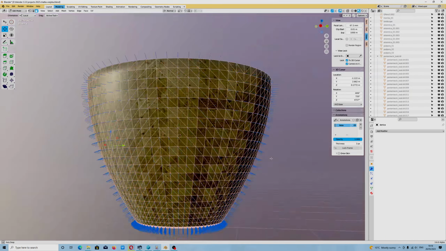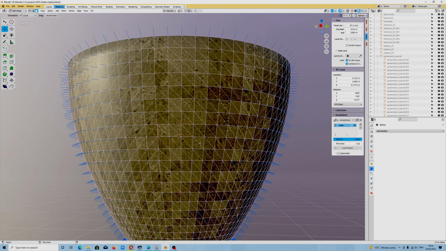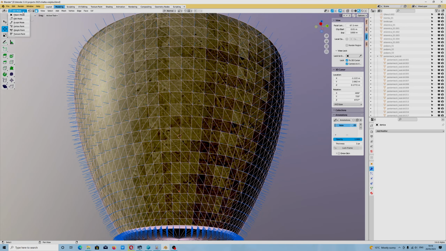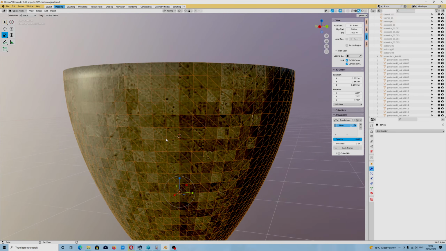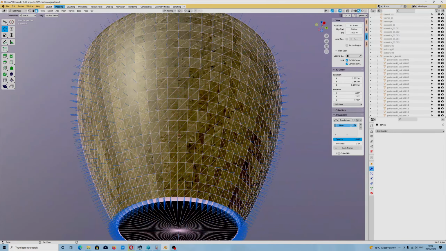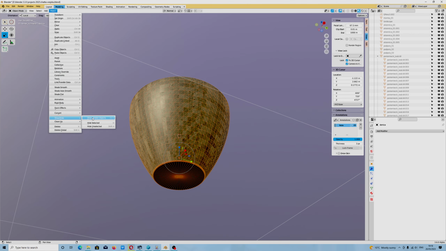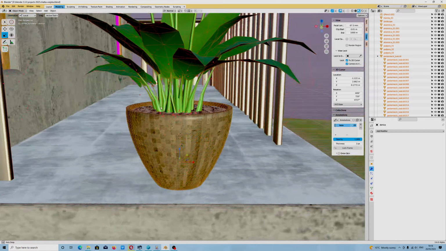Hello people, I wanted to show you how I will make beautiful quads in Blender. I found a beautiful tool which will speed up this process, because the thing is, I imported a beautiful plant